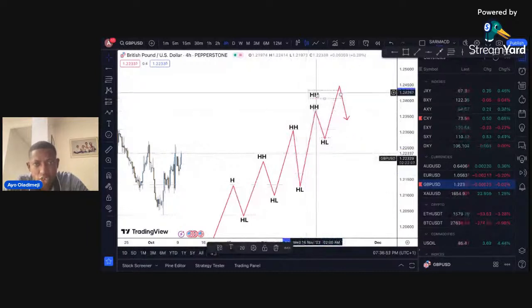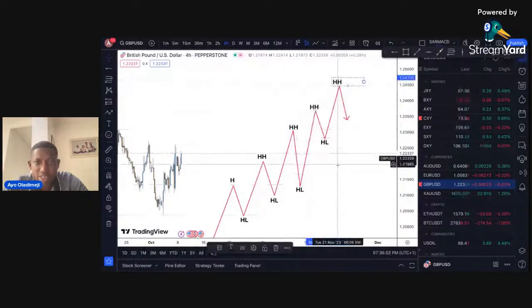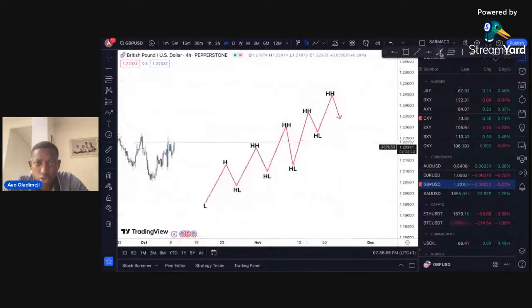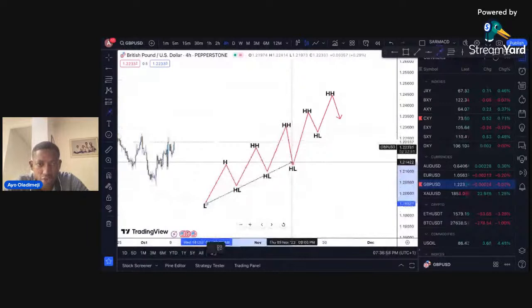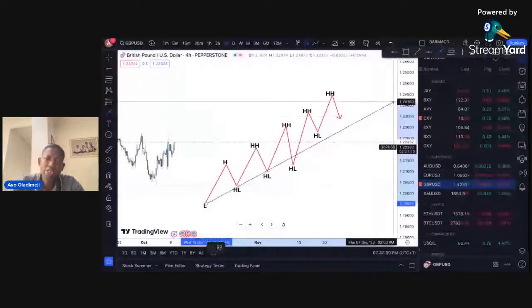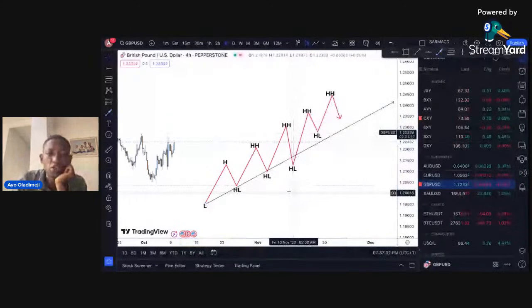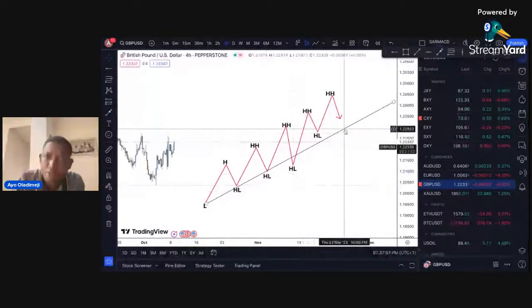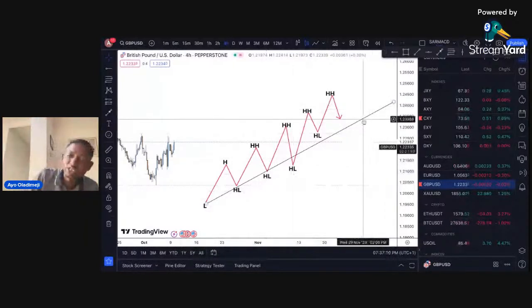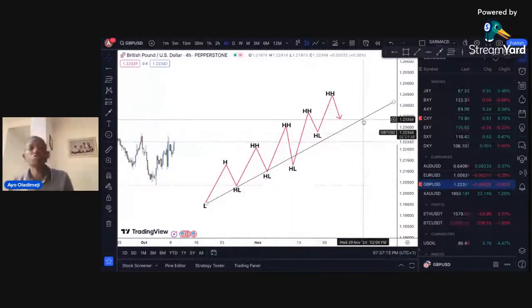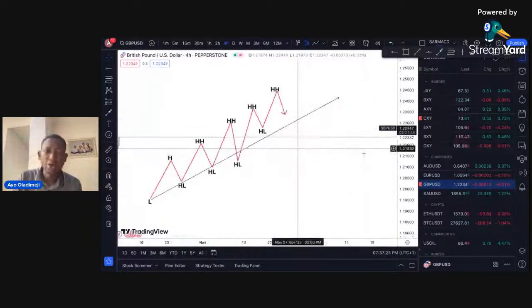So this indicates that the trend is moving upward. Okay, don't forget this, guys, don't forget this. So you can see the trend is going upward. If you connect all the lows, you can see that the trajectory or the direction of price is upward. So this is an uptrend. So in an uptrend, you will always see price moving from a low to a high, to a higher low, to a higher high, higher low, higher high, higher low, higher high. Okay, don't forget that.